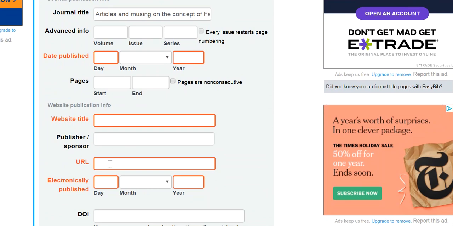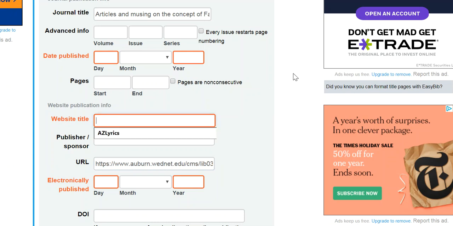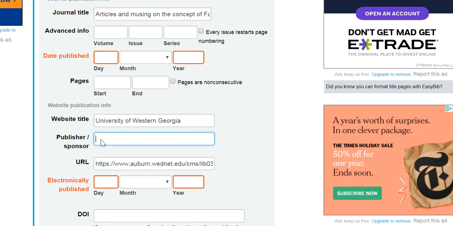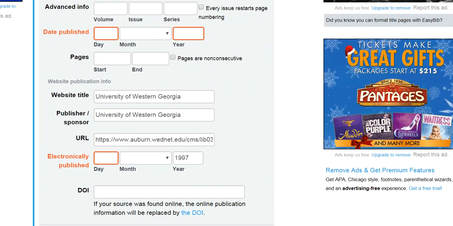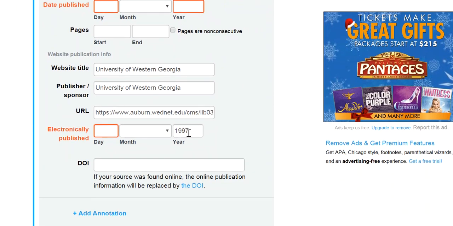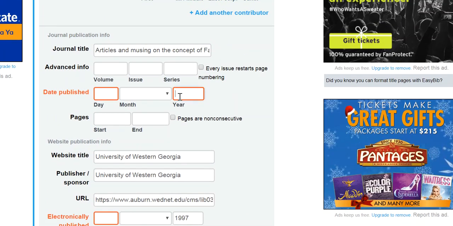But now it's going to ask me some more information. I need to go find this. First, I'm going to put the URL in there so that they could find that PDF that I studied. I remember when we looked at it, we saw that it's from Washington, the university, so I'm going to paste that in there because we found that in the article. That's who published it. It's not a page number. Let's find the date that it was published. I went back to that PDF that we found, and I put the title. Up here it's going to ask me for the title. I put in everything I know. I know that it was electronically published in 1997 and that it was published in 1997.